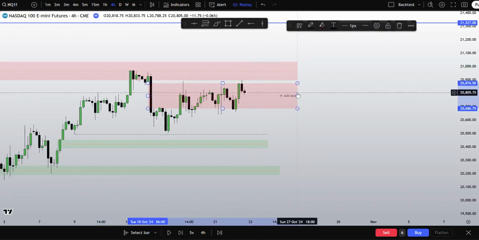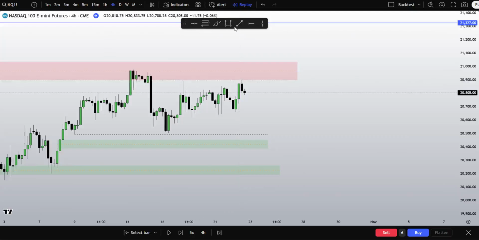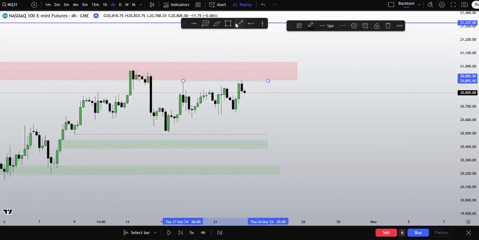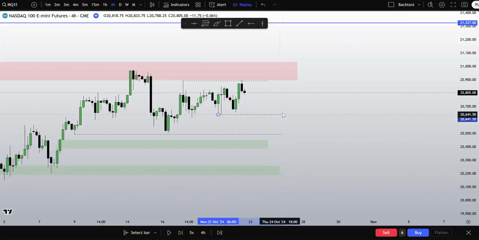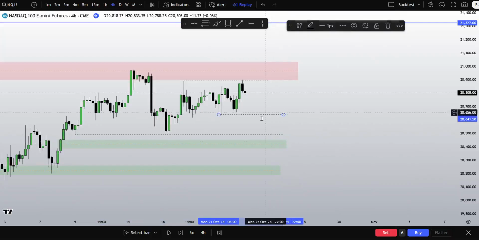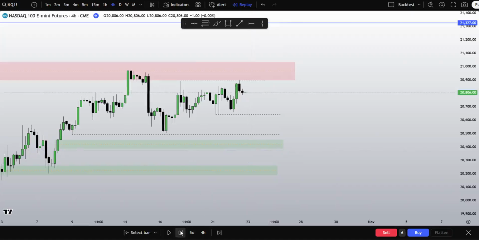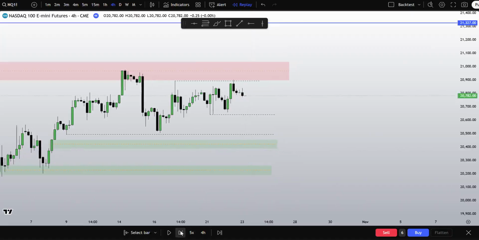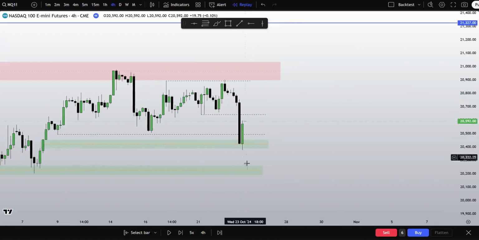I will remove this for the simple fact that we did retest here. We took this high. Once again, I want to see simple. This is the simple draw. Draw number 2 equal lows. Imbalance number 3 equal. Draw on liquidity number 3. There we go. 1, 2, and 3 all tapped right there, right then and there.